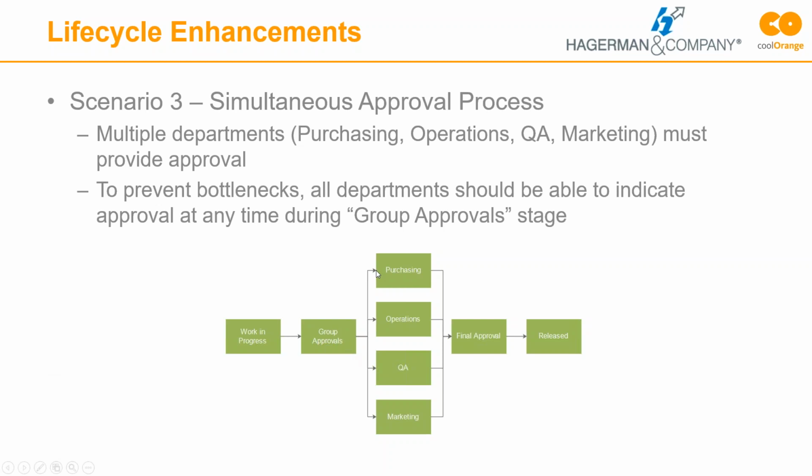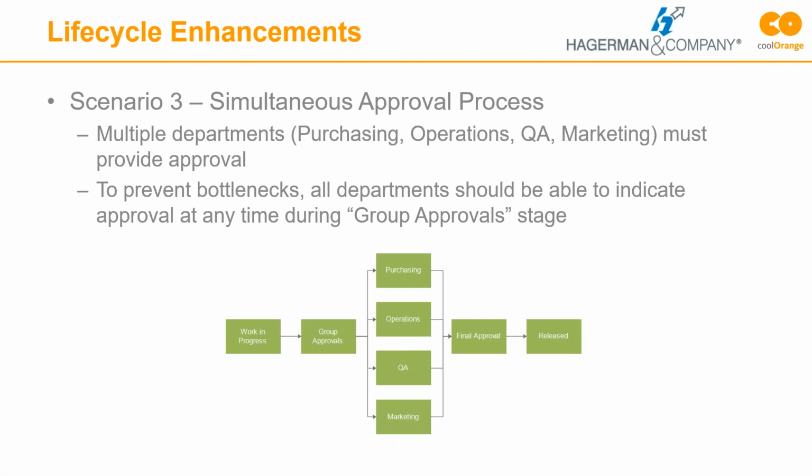And we shouldn't have to wait, for example, for purchasing to say okay before operations even sees it. In some workflows, maybe that's true. In other cases, we don't care when they weigh in. These people's decisions are not mutually exclusive. And so we just want to make sure that we get this into each of these people's hands, so that they can all see it, approve it as quickly as possible, and then get it moving along the line. And I've tried to work out behavior like this in the past in Vault, and it's really kind of